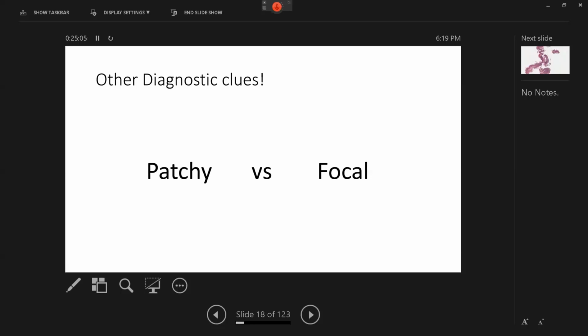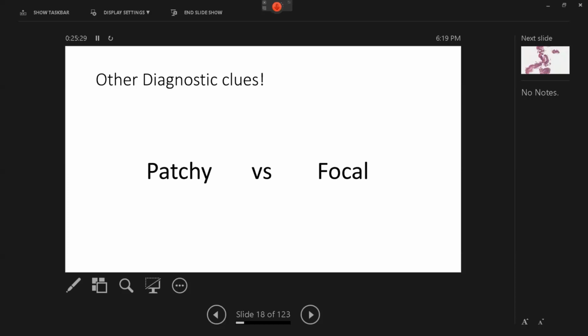Okay, so some people say multiple foci, separate patches, or solid, it's focal. Patchy with skip lesions, focal when no inflammation between areas. Area is a very soft word, isn't it? So area is a very soft word.